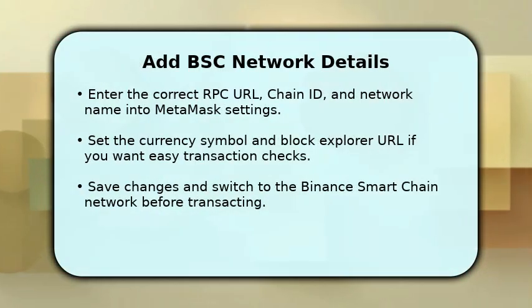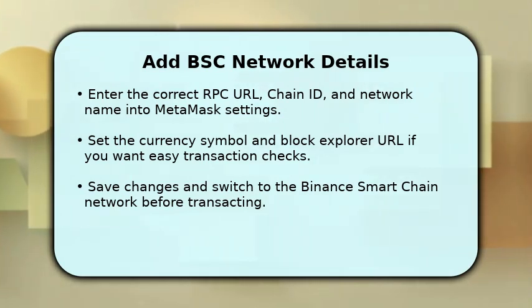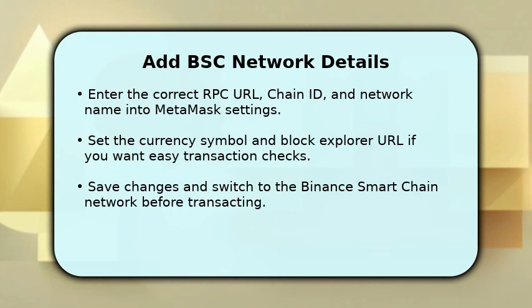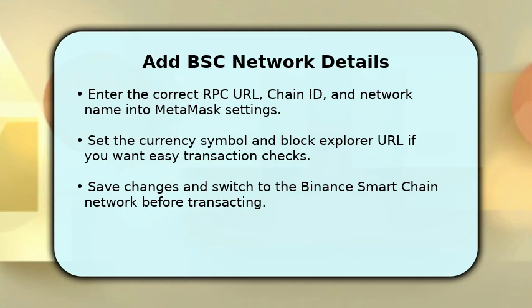Now add the Binance Smart Chain network details into MetaMask using the Network Settings tab and type the RPC URL, chain ID, and network name exactly. Include the currency symbol so balances display clearly, and optionally add a Block Explorer URL for quick transaction lookups. Save the configuration and switch networks to BSC before sending or receiving tokens, and always confirm the network matches Binance